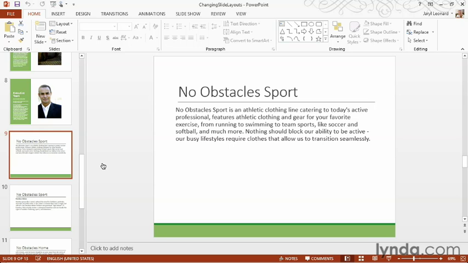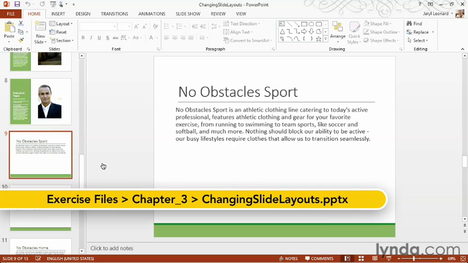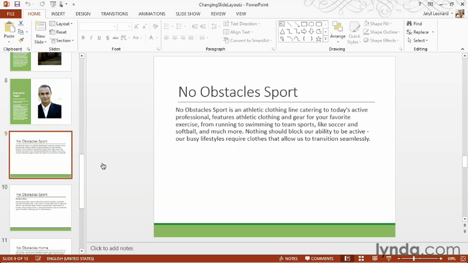You may decide that you don't like the way your slides are laid out. In fact, you may even think, well, if you could do it yourself, you would change everything. And you can change those things. I'll show you how. I've got my Chapter 3 exercise file on changing slide layouts open, and you'll notice that